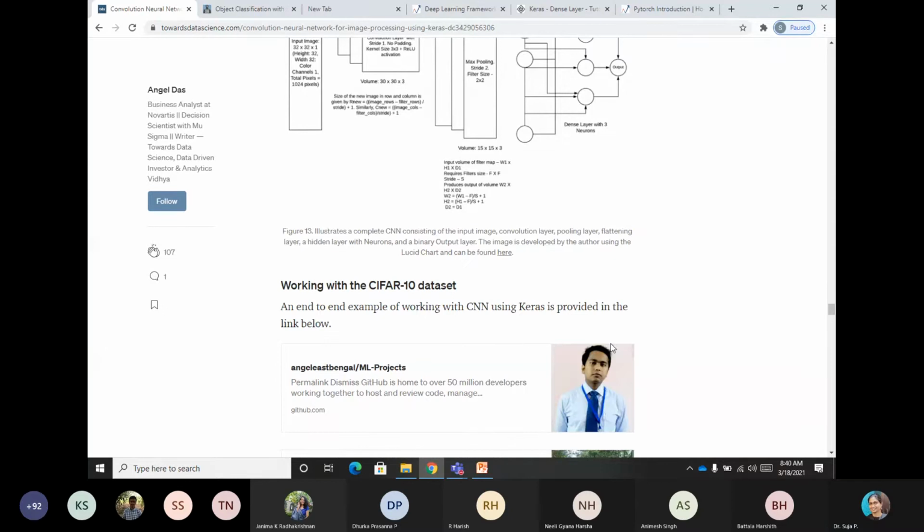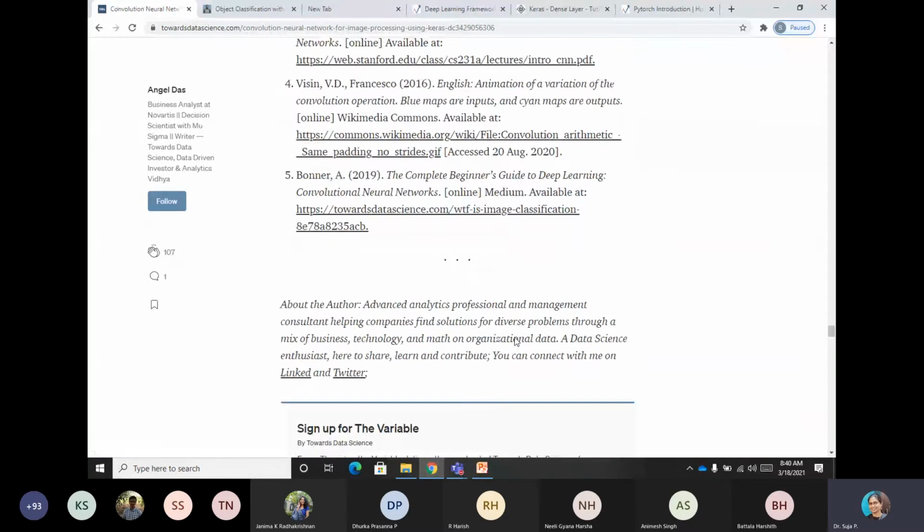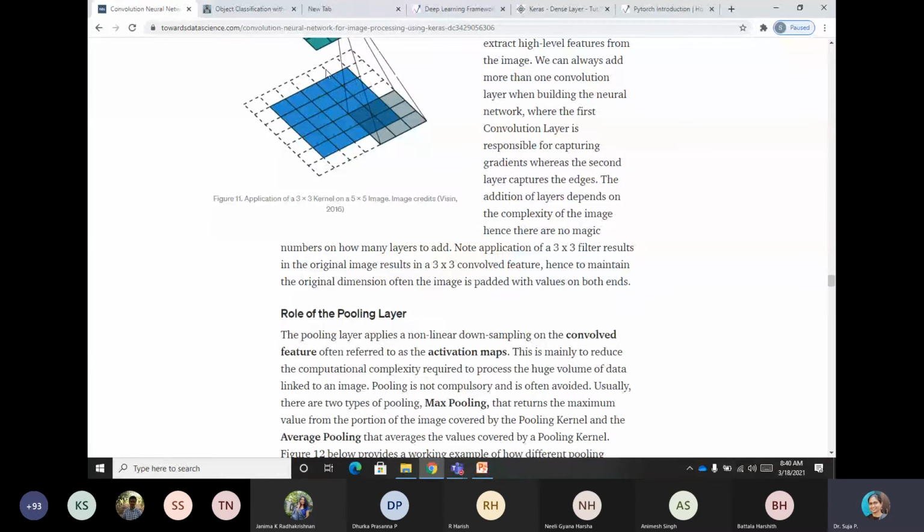Here there is an example given with a CIFAR dataset, using Keras, which is a framework I will be explaining later. If you are using the CIFAR 10 dataset, you can automatically load it. If you just give the load dataset command, and you have done the pip install Keras command, it will automatically install Keras, and if you give load dataset, it will load into your library. I will anyway share this link. You can go through this at leisure.